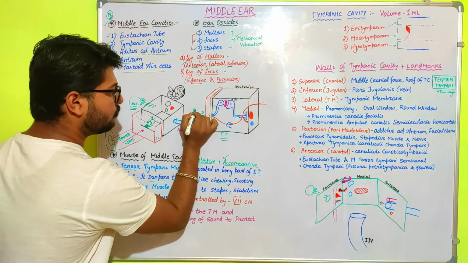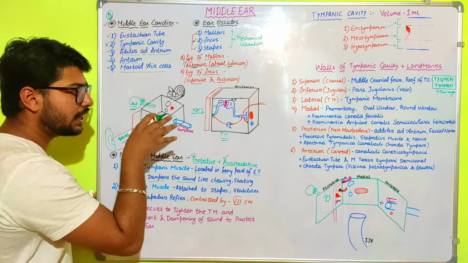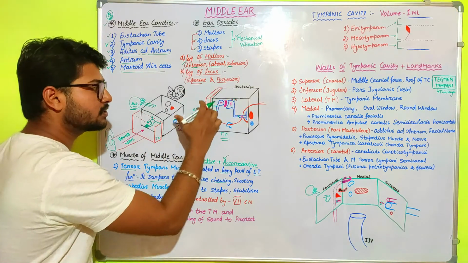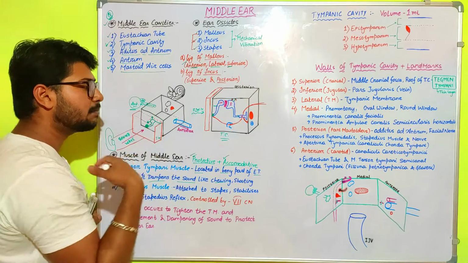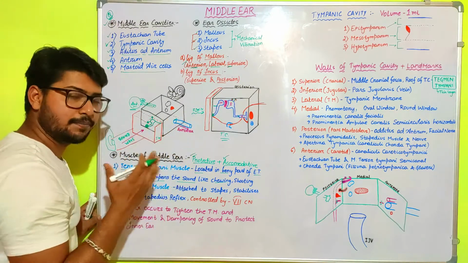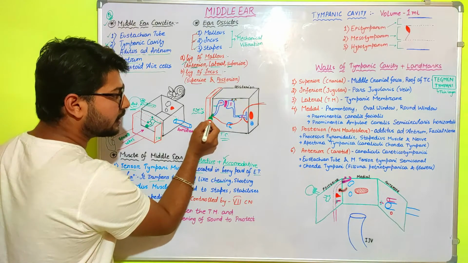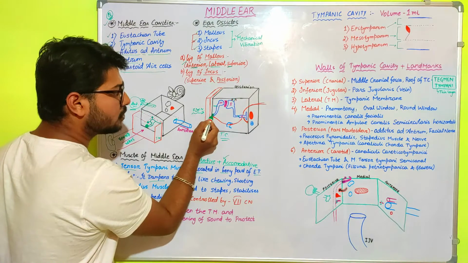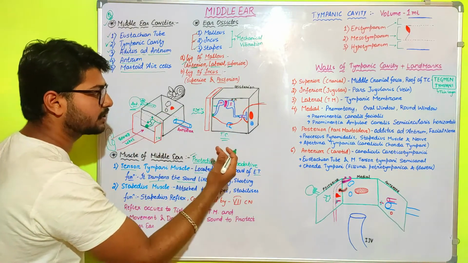This is the sound wave vibration. When the vibration comes, what happens? It helps in increasing the pressure on the surface of the tympanic membrane first, and when the pressure on the surface of the tympanic membrane increases, it vibrates the tympanic membrane. When the tympanic membrane vibrates, then the ossicles, or the malleus attached to the surface of the tympanic membrane, start